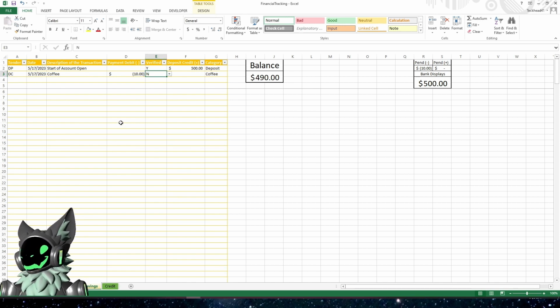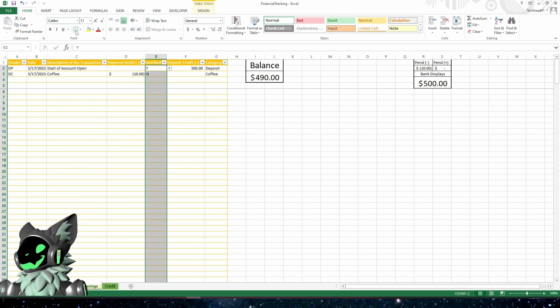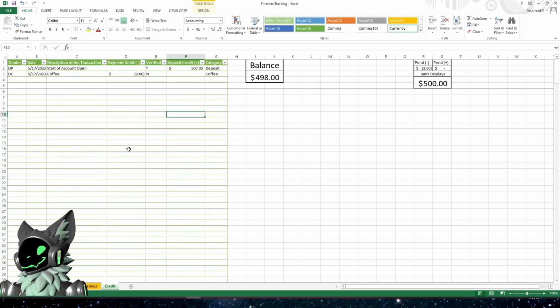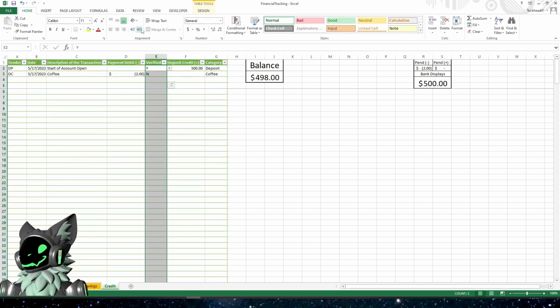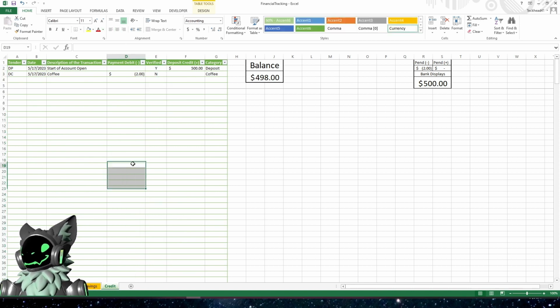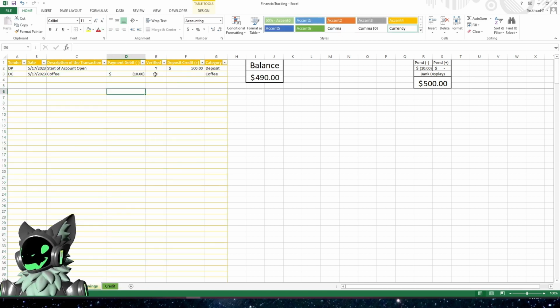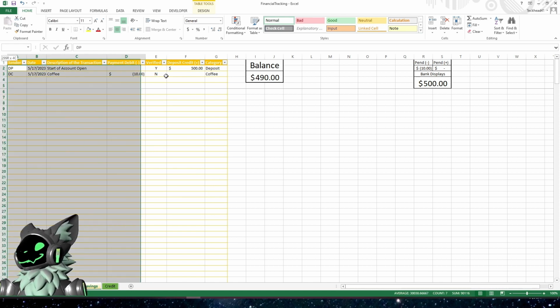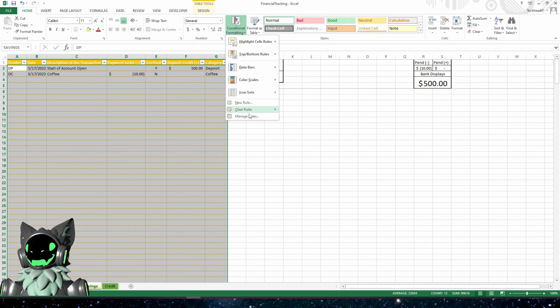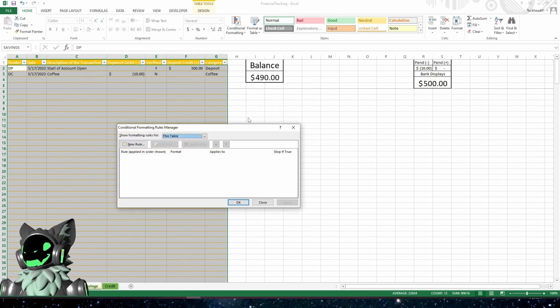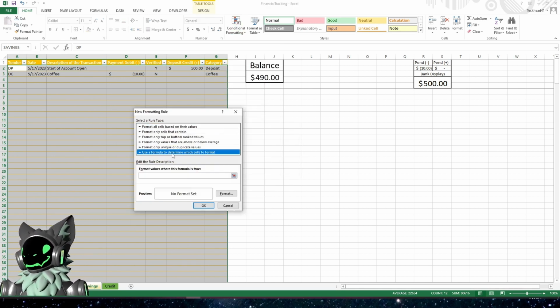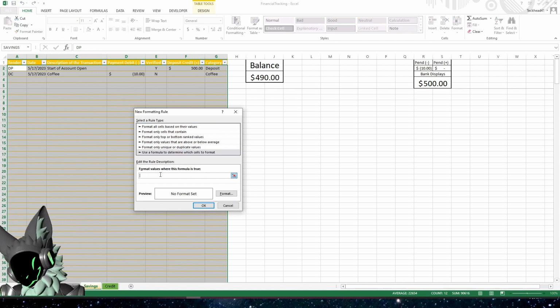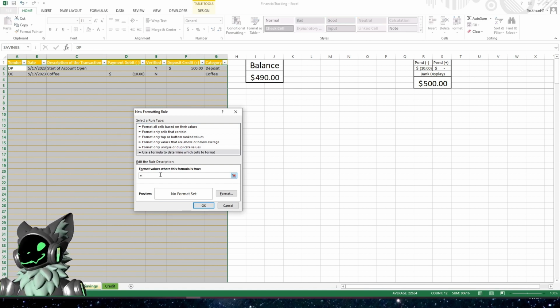I'm not done yet. I didn't have the coloring. I'm going to center align, because honestly, I like center align. Boop. We're also going to add the coloring. So I'm going to highlight everything on the table. We're going to go to conditional formatting, manage rules. That's going to be the same rule for both. Use a formula, and that's going to be equal to